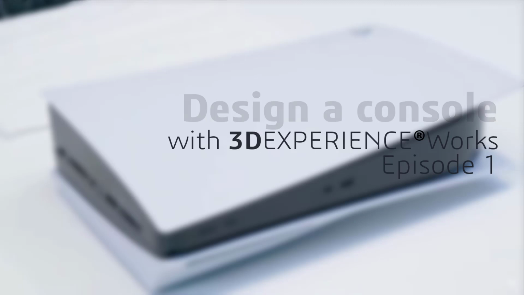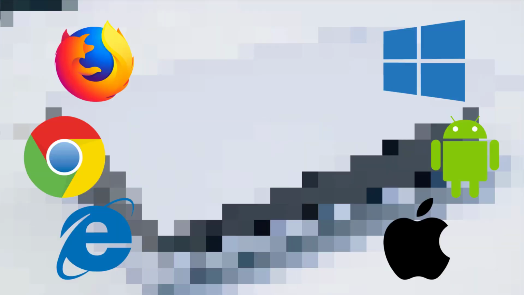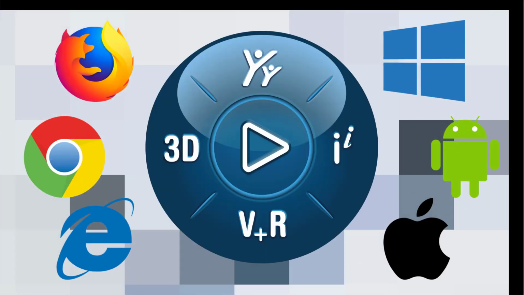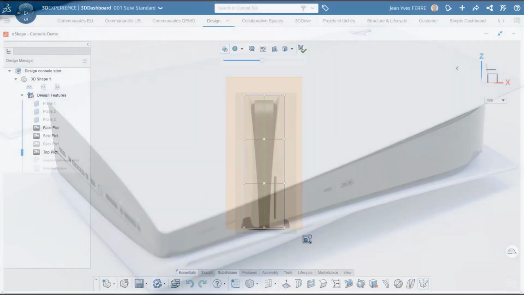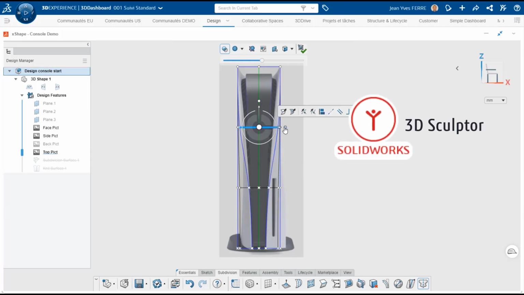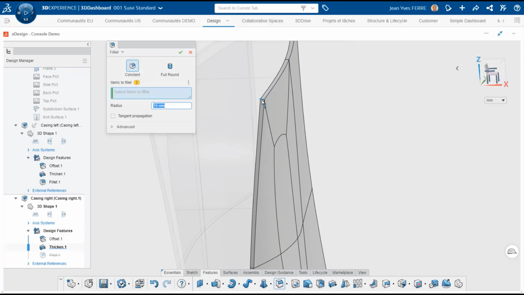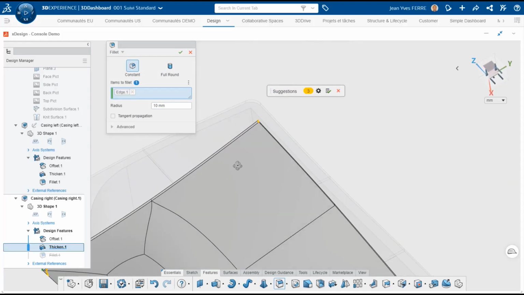Did you know you can design in 3D this very famous console without installing any software? All you need is a web browser and the 3DEXPERIENCE platform on the cloud from Dassault Systèmes. In the first episode of this design series, we will create freeform shapes on top of actual pictures with the 3D Sculptor role and X-shape application, and create the different components and parametric features of this console with the 3D Creator role